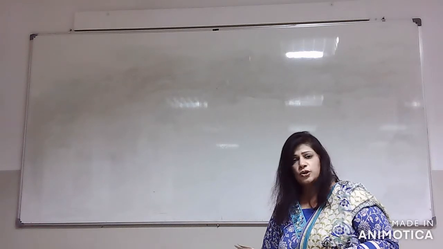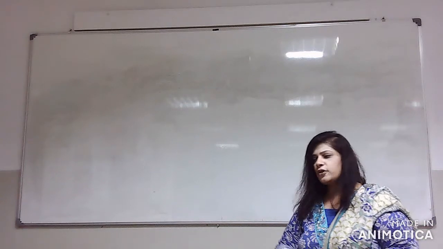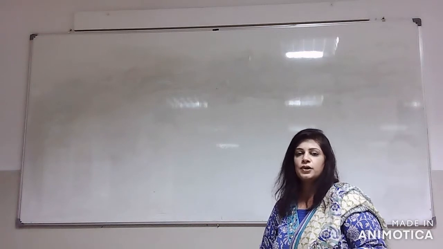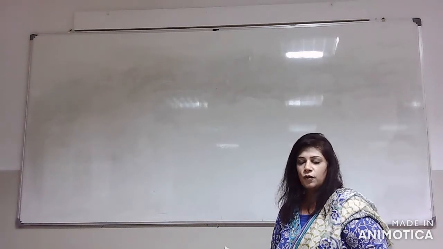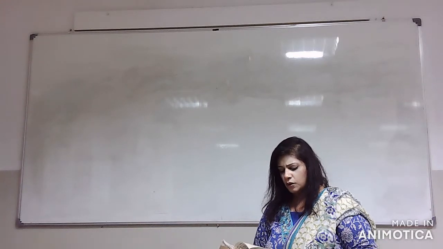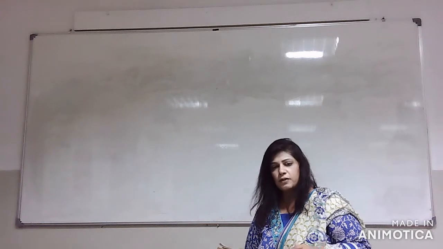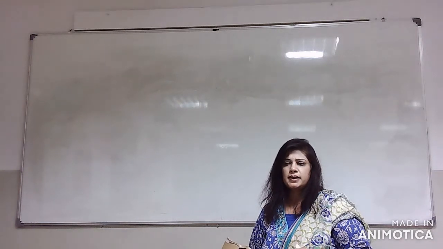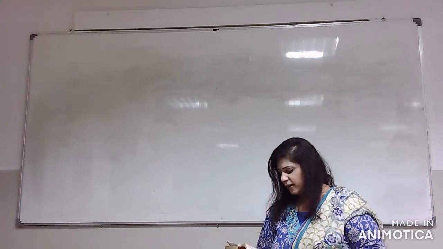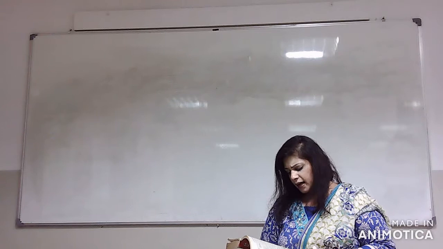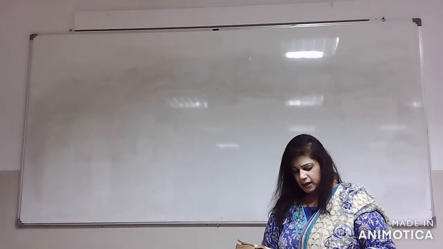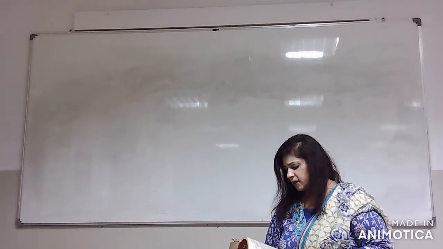I'll try my best to do all the entries, but in case some are left, you're supposed to complete the rest. The next question, 5-4, is basically your assignment. It's always better to do this example first in this chapter, because the example will shed light on some complicated entries that you might face in these questions, and then 5-4 would be easier for you to do. So problem 5-4 is for your homework, and 5-3 is what I'm going to attempt in front of you.